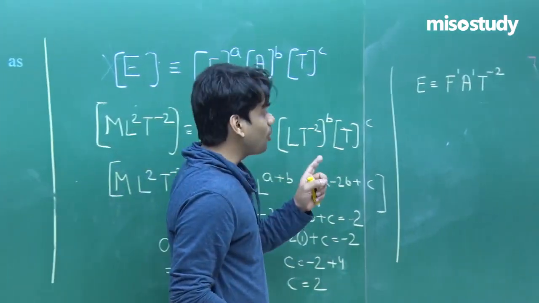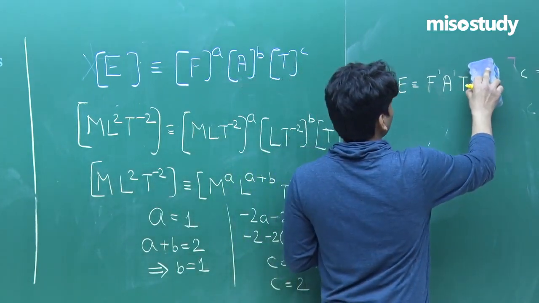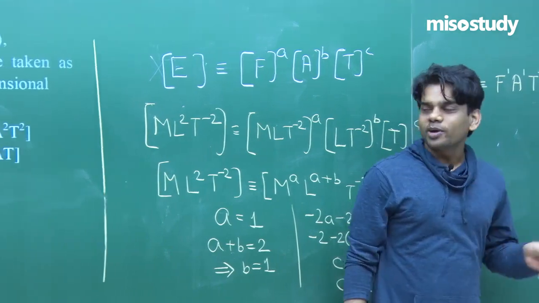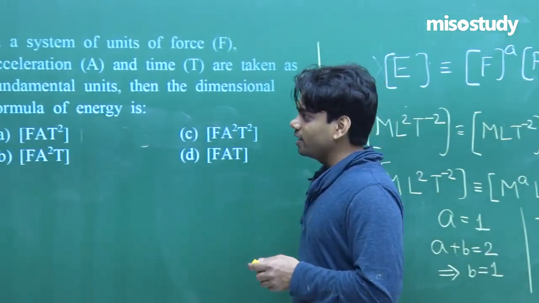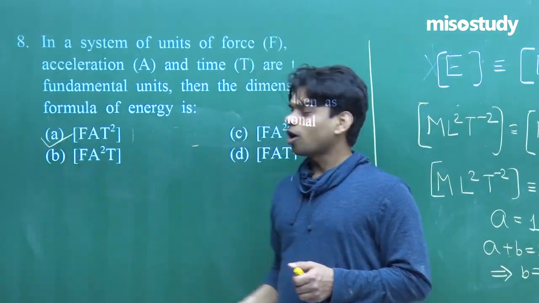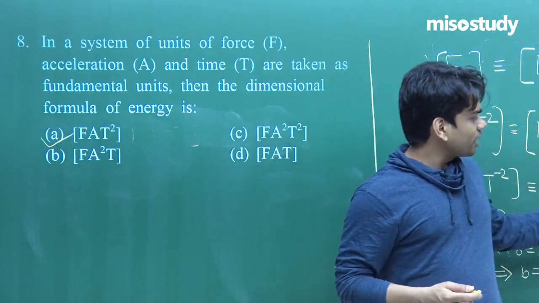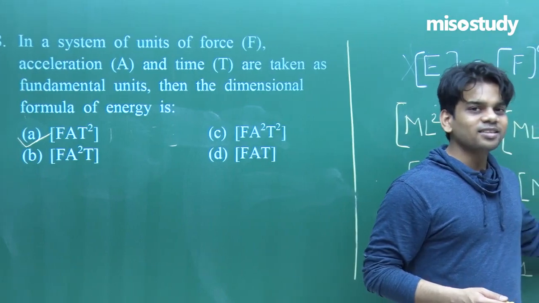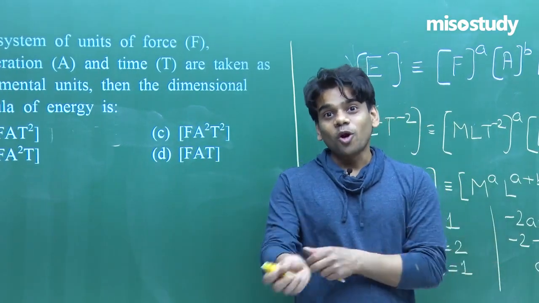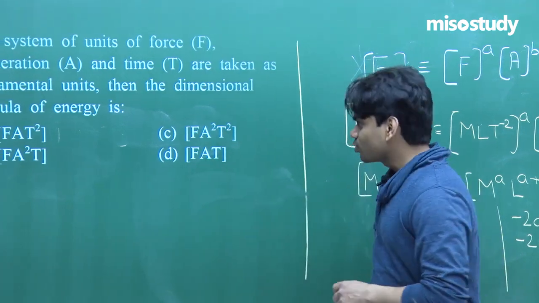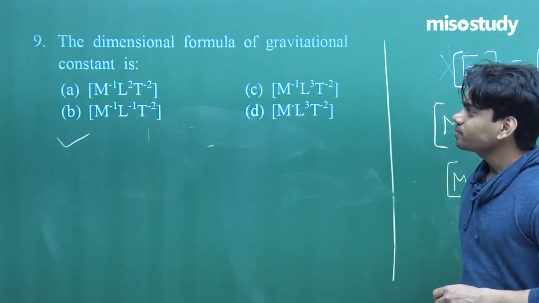So the final formula for energy will be F a t to the power plus 2. So make one quick correction, it will be F a t to the power plus 2, that is option number A. This is the option that is the right answer here. Just in a hurry and quick succession, I missed one sign, and for that we got a wrong answer. Do not do the same in the exam, be very cautious while solving the numericals. Next one please, we are having the ninth one.